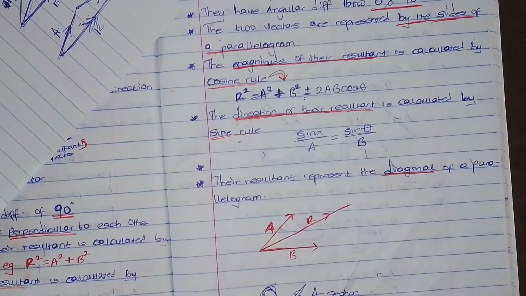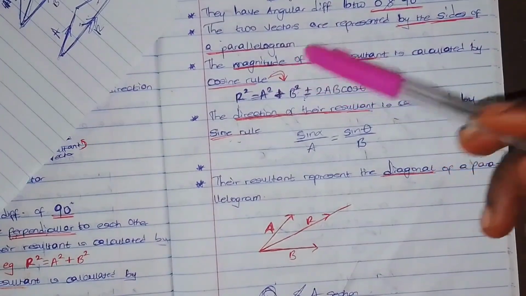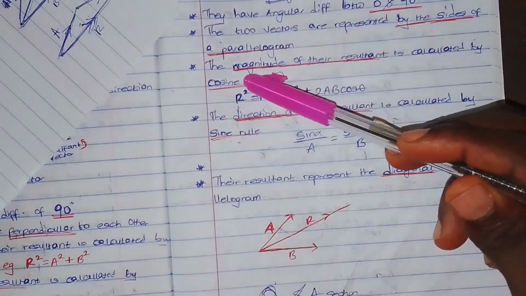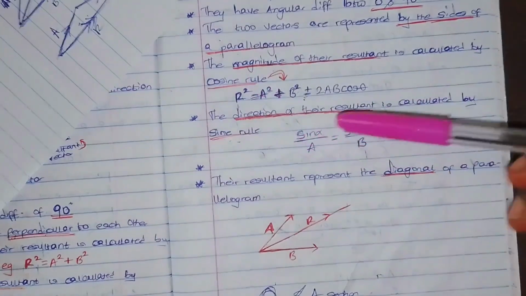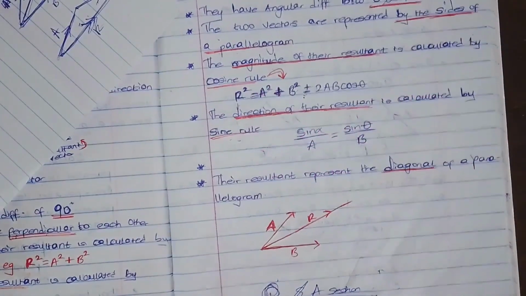This also applies to perpendicular vectors. Remember, in perpendicular vectors, we calculate the magnitude of the resultant using Pythagoras' theorem, while for the direction of the resultant, we make use of theta equals shift tan A over B. But in diagonal vectors, the magnitude of the resultant is calculated using the cosine rule, while the direction of the resultant is calculated using the sine rule. Now, the last but not the least,